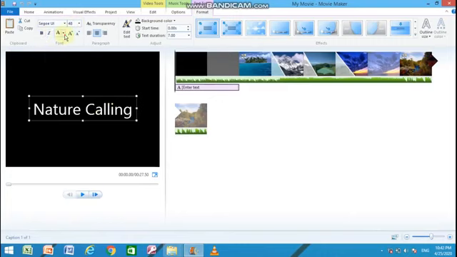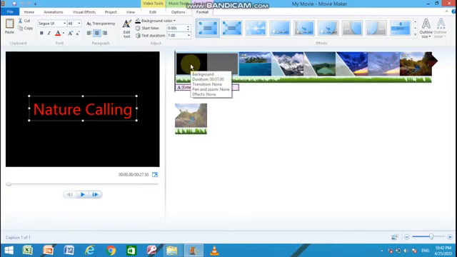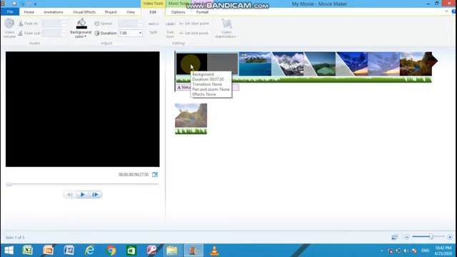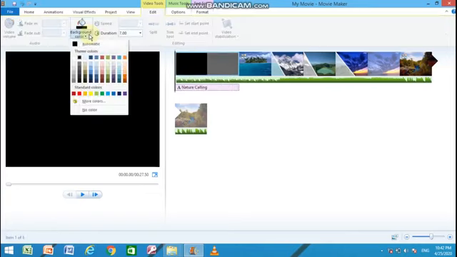I am changing the color. Suppose red. Now background color, if you want to change, double click onto the background and from here you can change the background color.